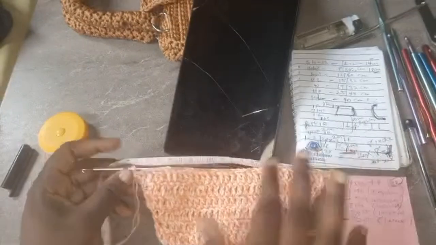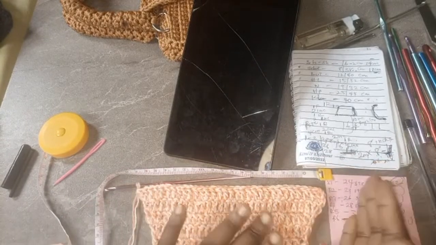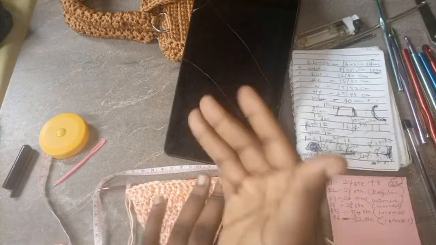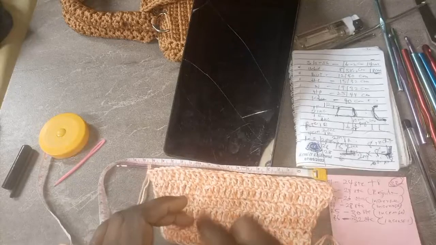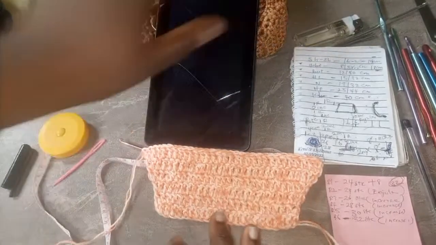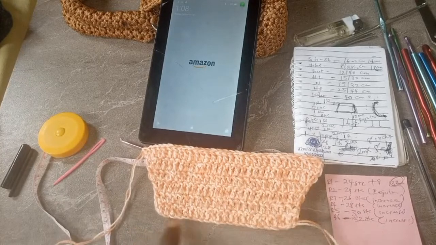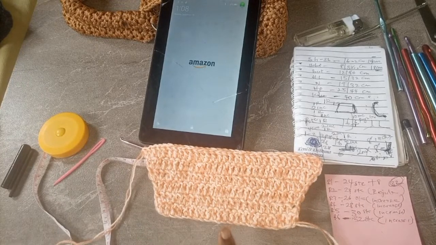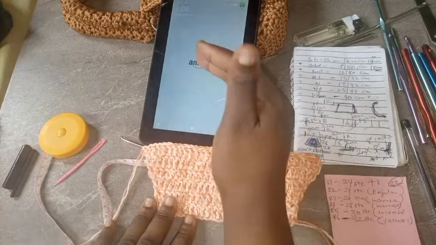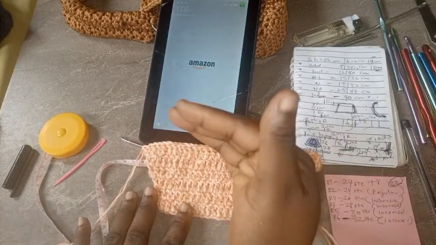Can you see? So without much calculation, since you already know the number of stitches you had, once you know the difference between where you are coming from and where you are going to, you will know. Then just use your first or second row to measure how many centimeters is between. Then you convert that centimeter to stitches. Then from that, you count how many rows there are between point A and point B.